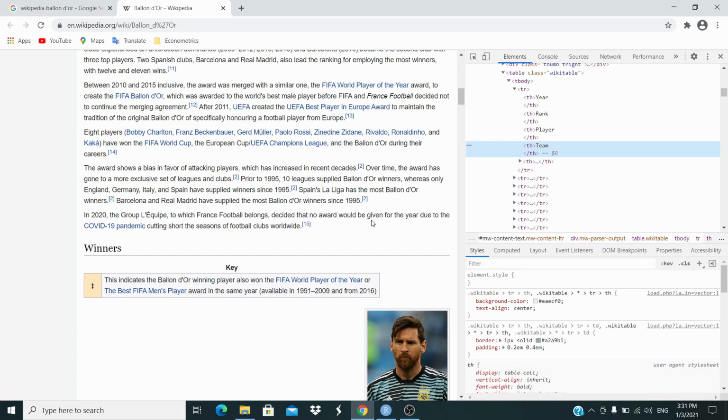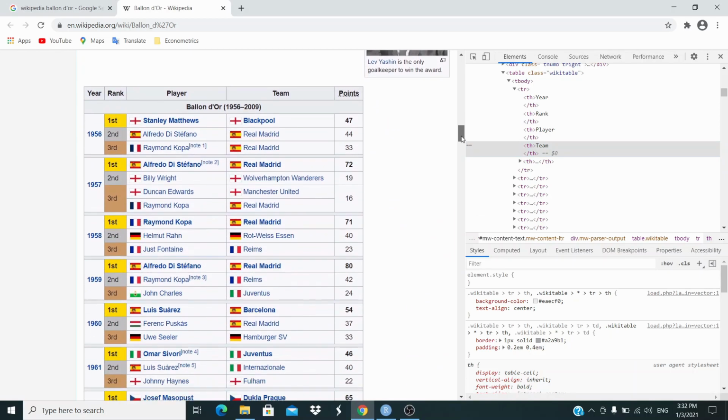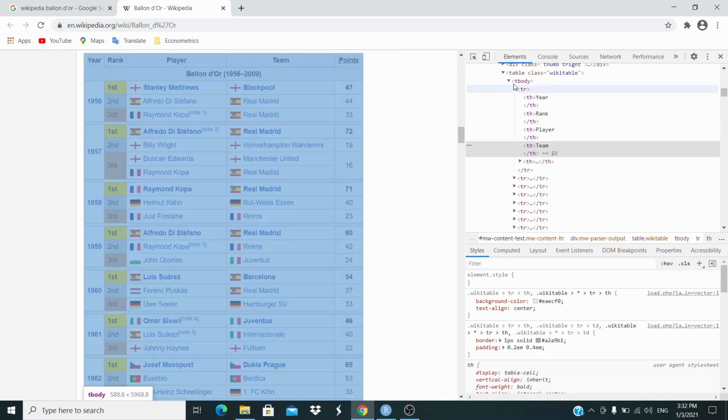Now, as you can see, these two windows pop up. Let me scroll down, and as you can see, this table is identified by this class equal wiki table. And this is the keyword that we are going to use to import this table in R. So let's go back to RStudio